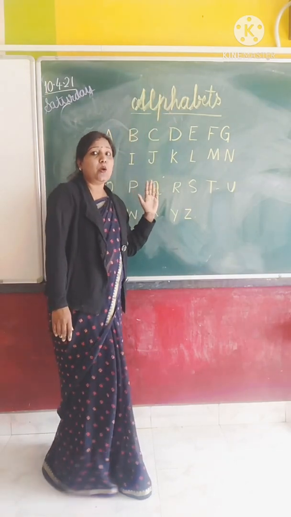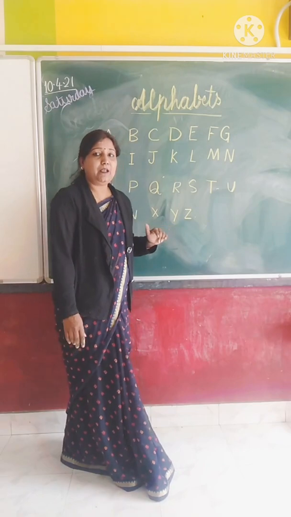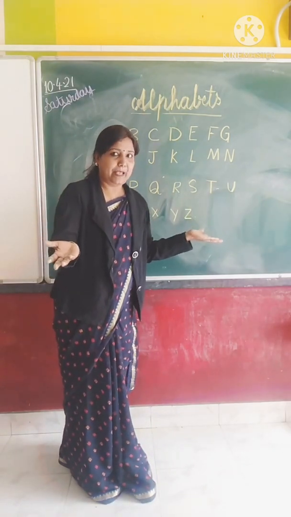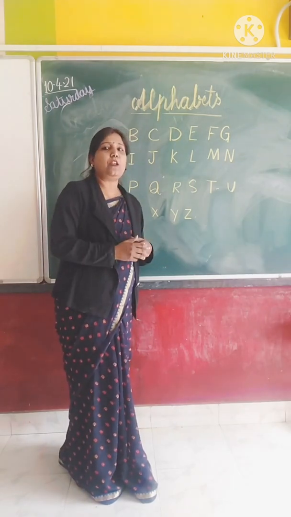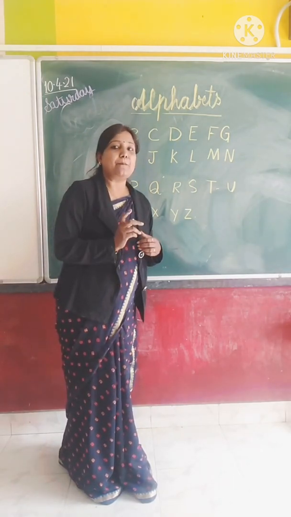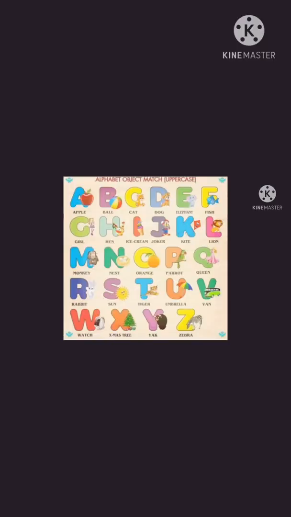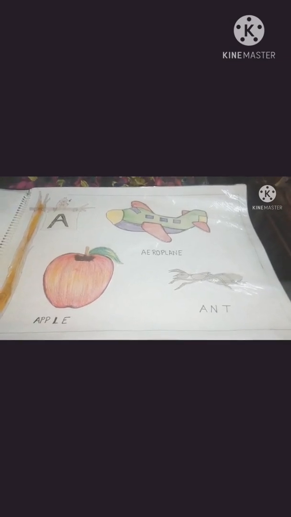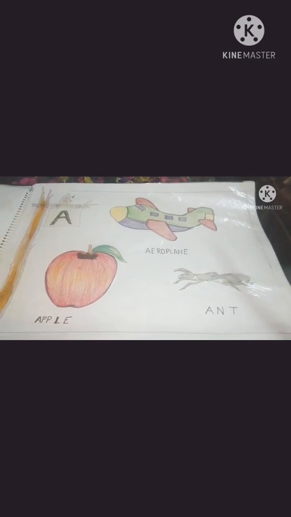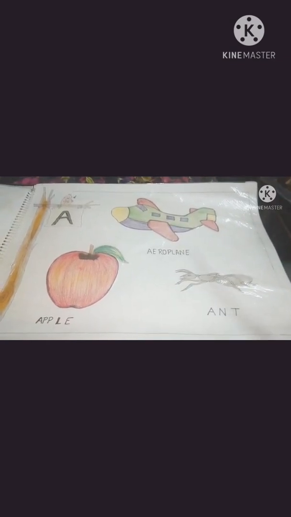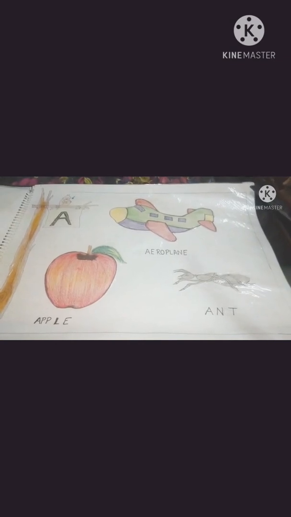Okay. So now we will learn the same thing with different types of pictures, and I will not tell you the name of pictures. You will only tell me the name of pictures. Children, yesterday we have done alphabets through cutouts, but today we will do alphabets through different types of pictures, and I will not tell you the picture's name, but you have to tell me the name of picture. Okay, are you ready? Now start.